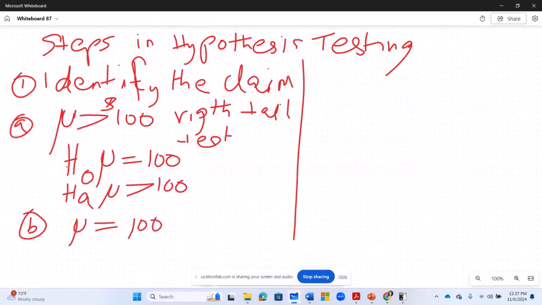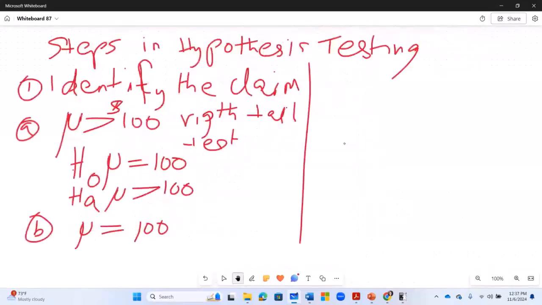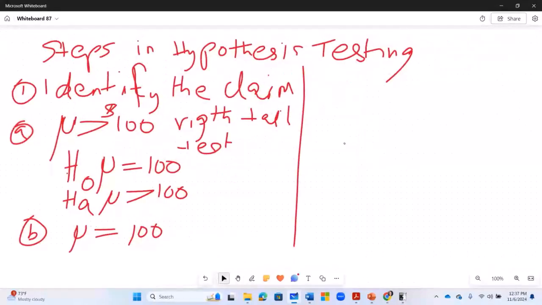Then I will state the claim like this. Remember, the claim you state depends on what the person said. This time I'm using the equal sign. The claim in A said greater than. So for me to state the claim,